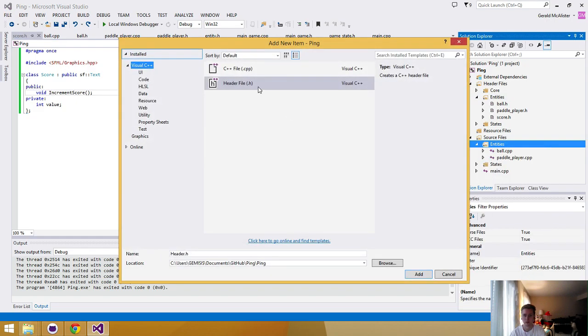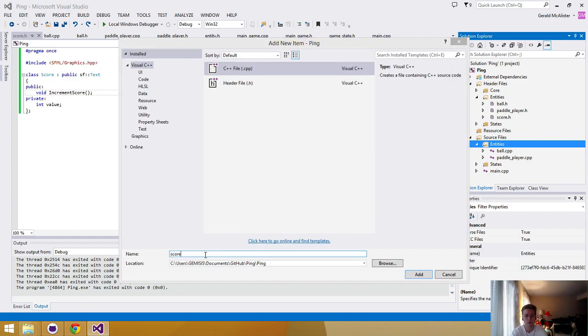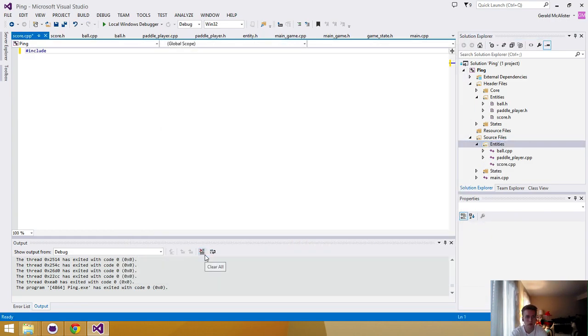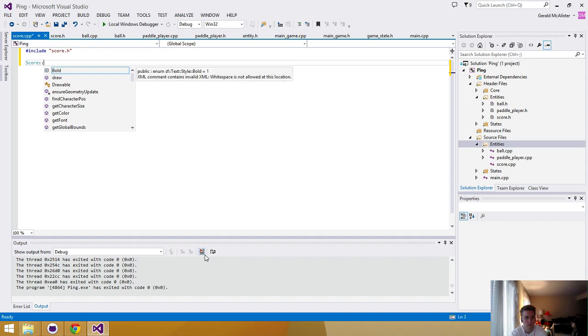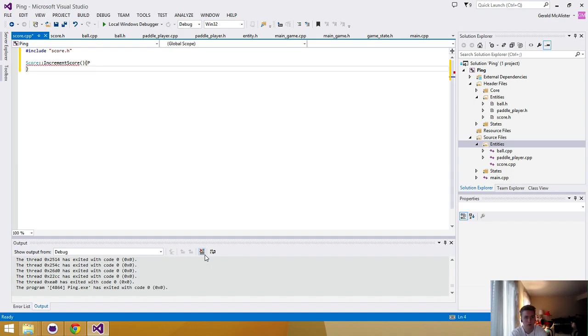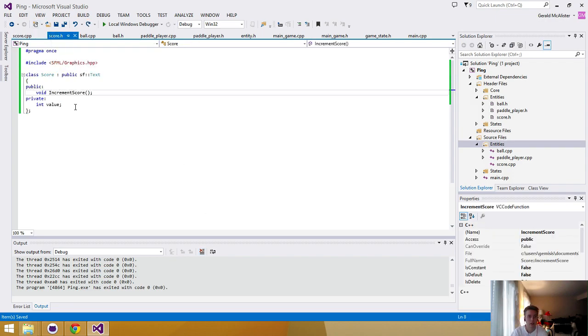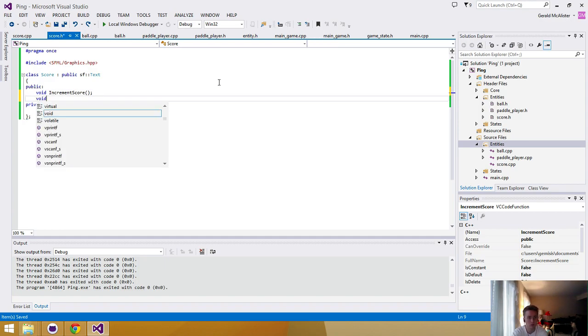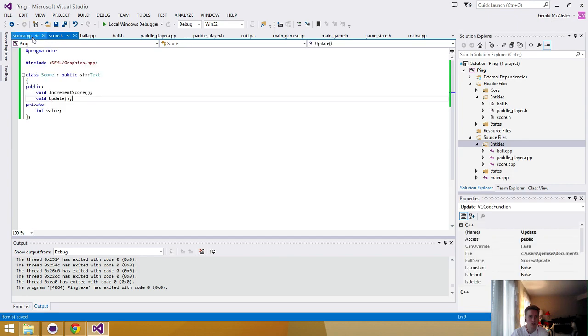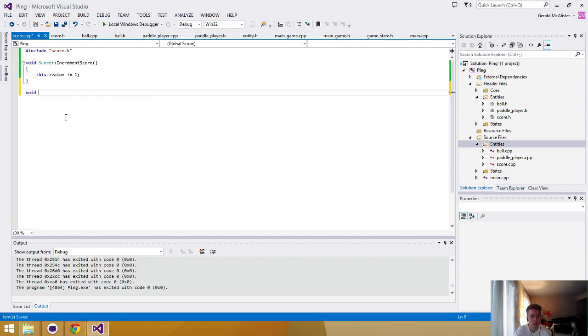Here, new item, score, score, and then score. And then finally, we want to have an update. And what this is going to do is it's just going to update the drawing on the score. Void